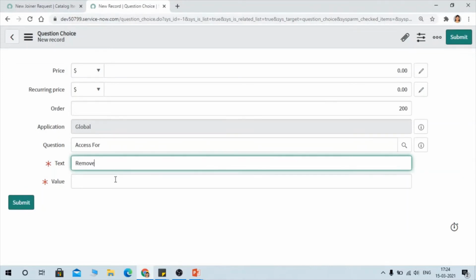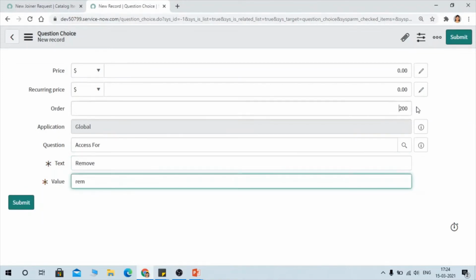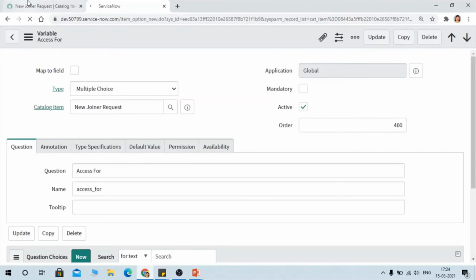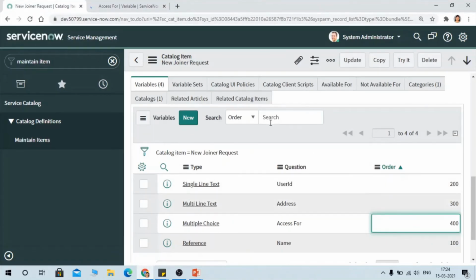Remove. Okay, and order is automatically taken as 200. Submitted. So our catalog item is ready.